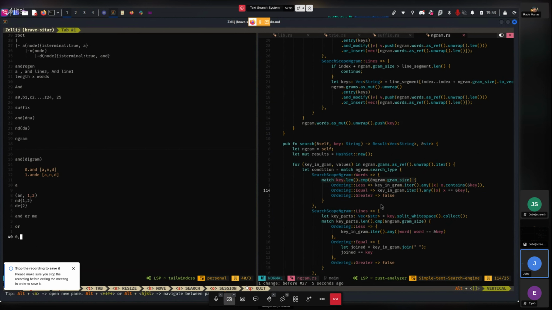Oh, well, I opted not to do the search for when it's greater than the n-gram size, because at that point, how many types of n-gram trees would we need to generate? We would need one that does bigram, one that does trigram. No, that's what I mean. So, for example,